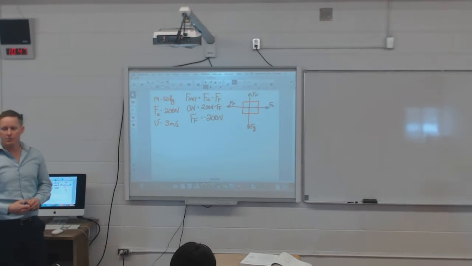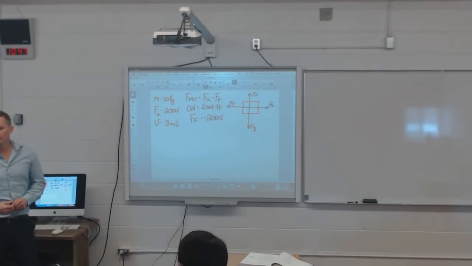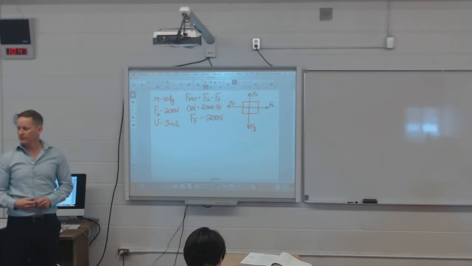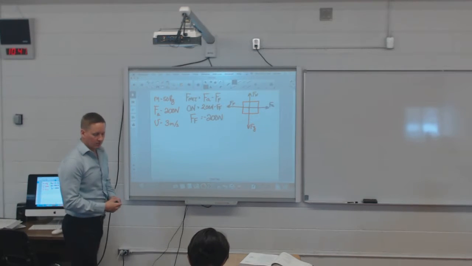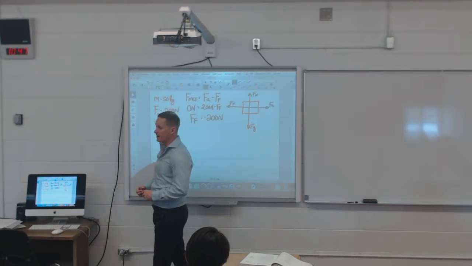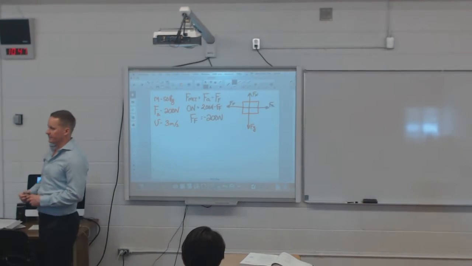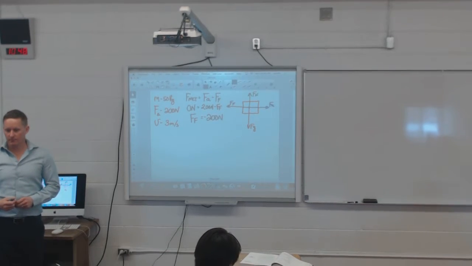The applied force is always in the direction of motion. So what if your frictional force is greater than your applied force? Would it be moving, or moving backwards? Your frictional force can't move it. Okay, they're always the same if they're moving at a constant speed. So when the friction force is greater, that's right.